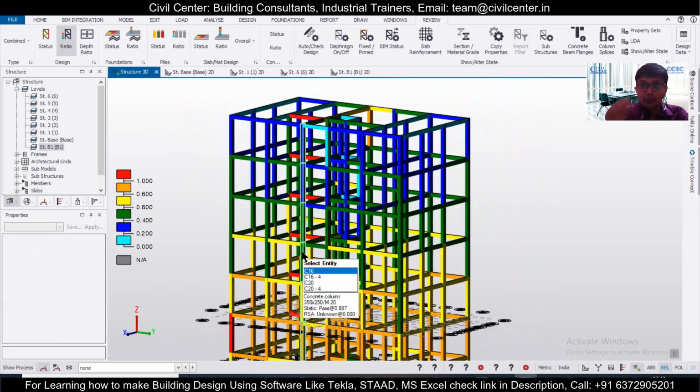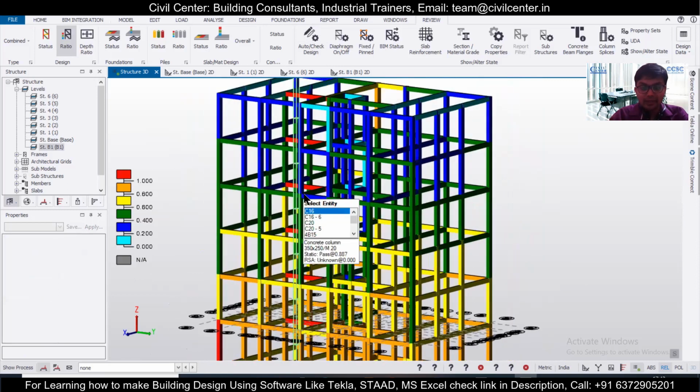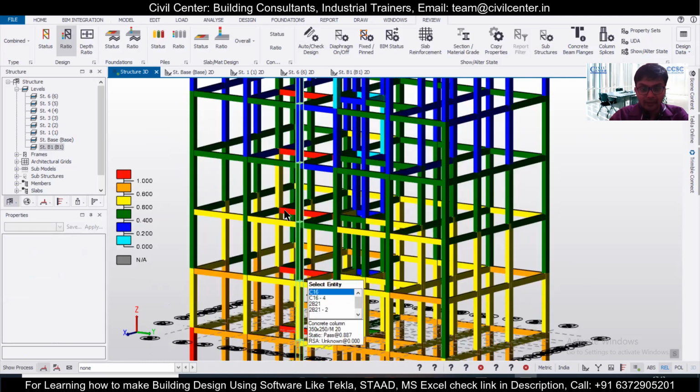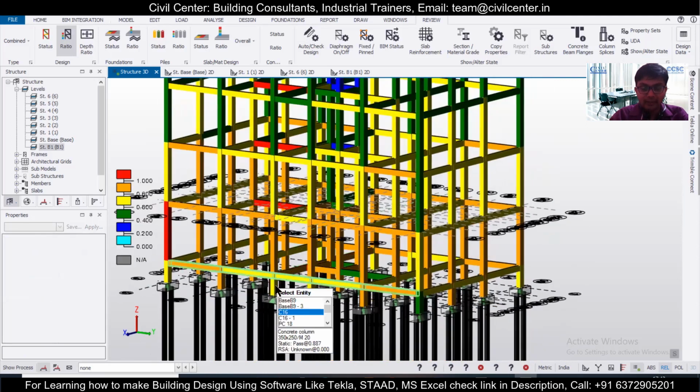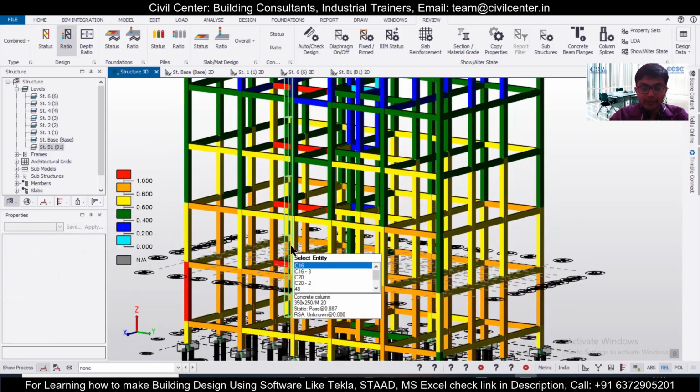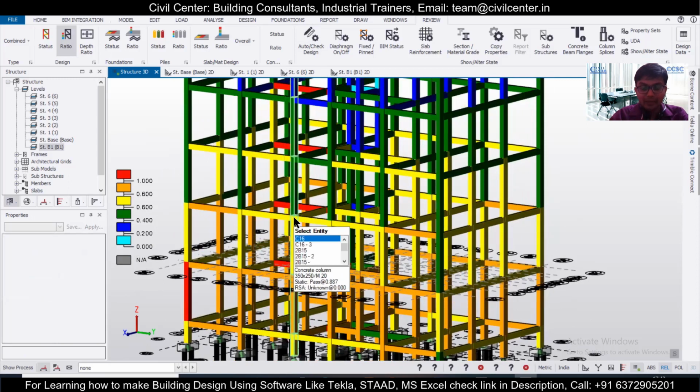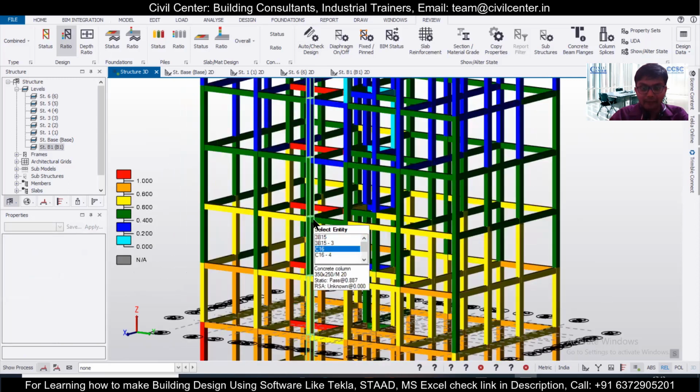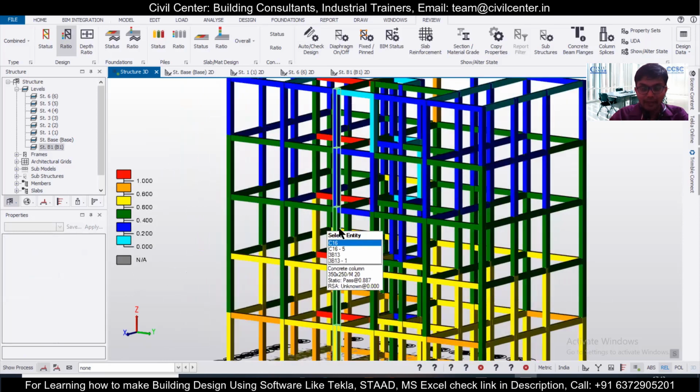So now what we can do is simply reduce the concrete section from here. If we calculate this span, this will be span 1, span 2, span 3. So up to span 3, we don't need to reduce the size. For span 4 and span 5, we can reduce it to, let's say, 325. And for span 6 and span 7, we'll reduce it to 300, and then we'll check.